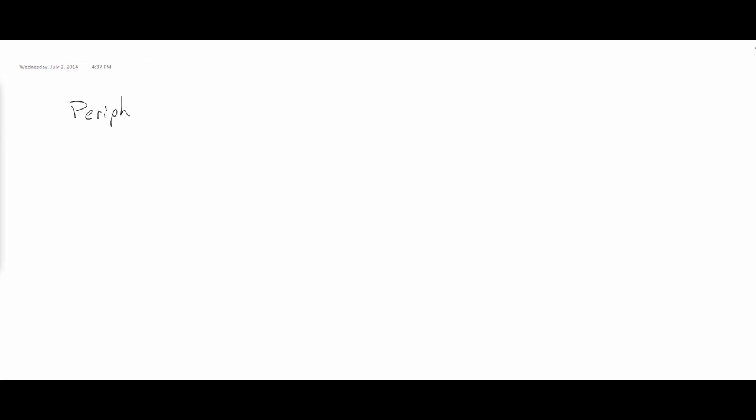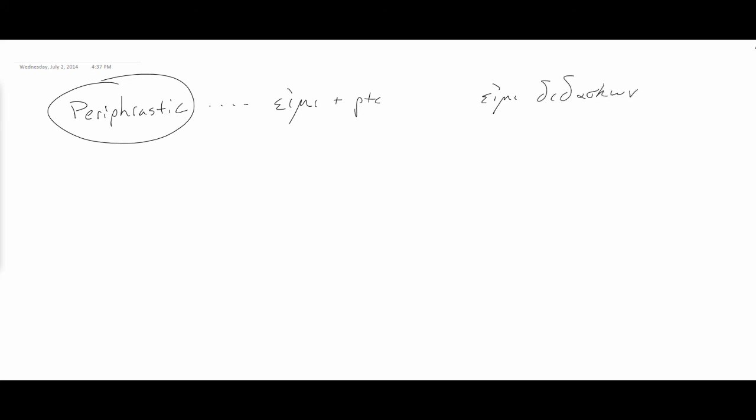Okay, so there's another use of the participle which he just briefly introduces to you. It's really easy. It's called the periphrastic use of the participle, just the form of eimi plus the participle. So, for example, if I say eimi didaskon, that would be translated, I am teaching. So you're often just translating the participle here as an -ing form of the verb,